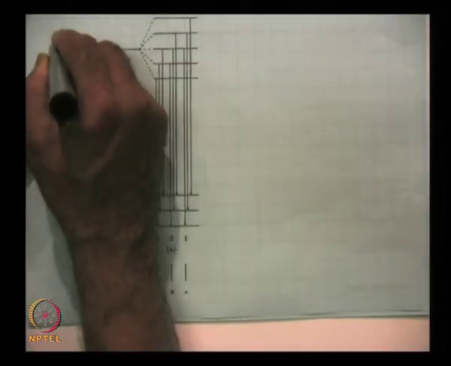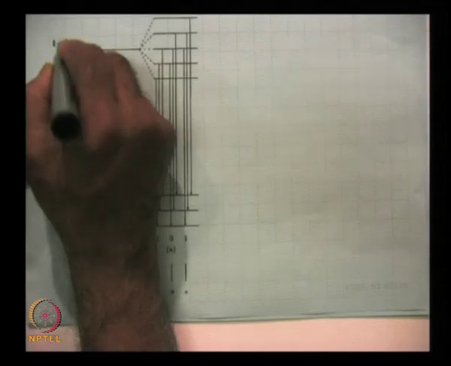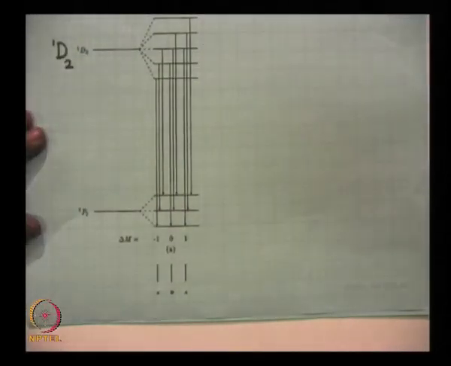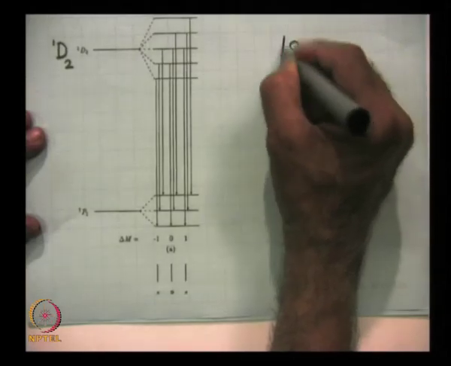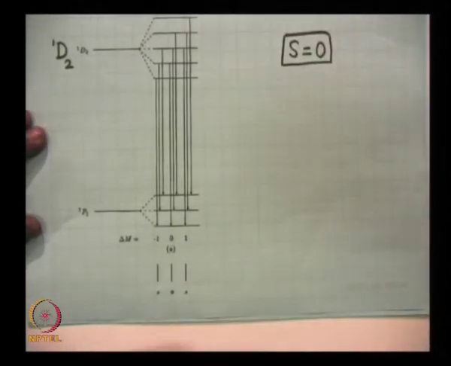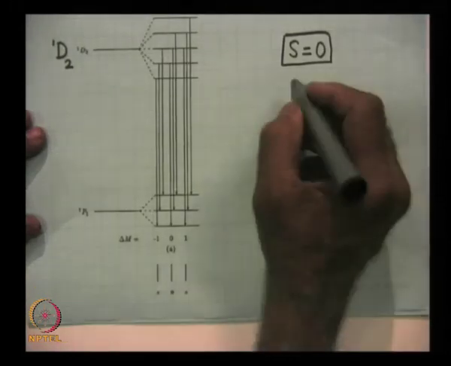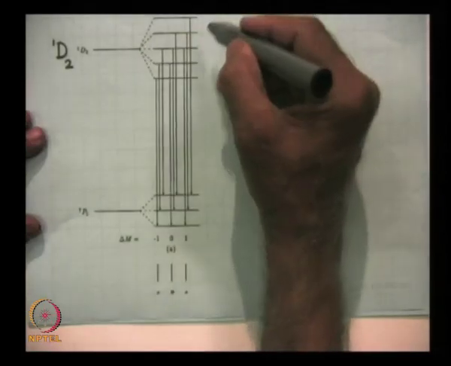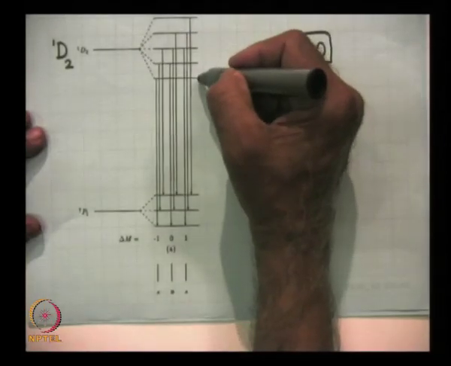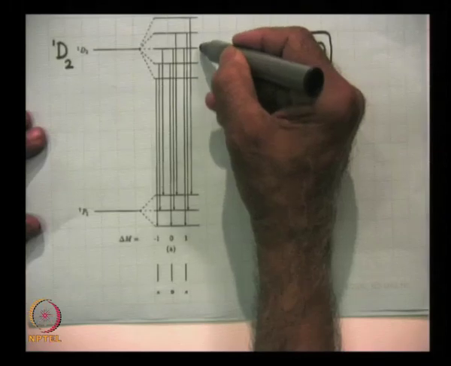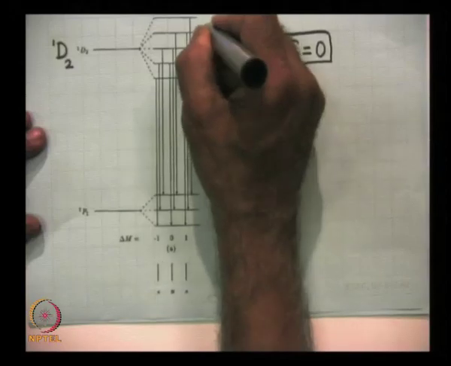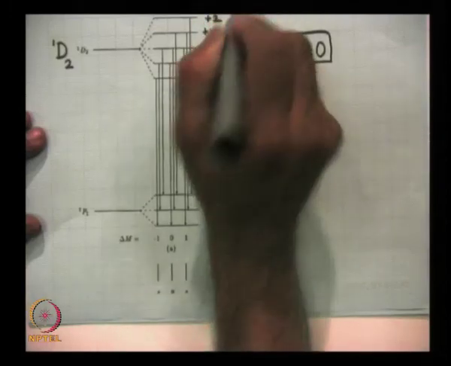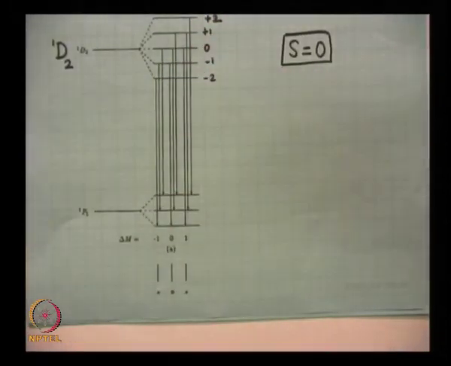So L is 2, singlet means S is equal to 0, so we neglect spin. And because L is 2, m will be minus 2, minus 1, 0, plus 1 and plus 2. This is the normal Zeeman splitting,